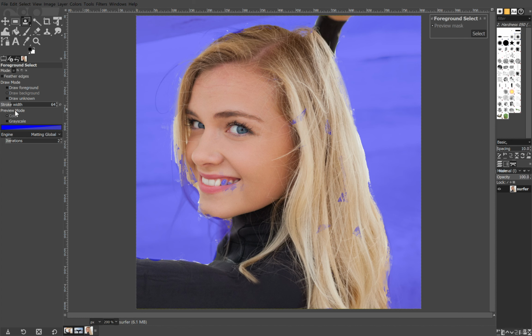Okay, so next thing we've got to do, oh, one of her teeth. That's definitely foreground. I'll try and get most of her chin. And that should be a pretty good selection. I'm just clicking on some of these bits and pieces that are a bit dark because I'm being obsessive, but that's fine. There we go. That should be a pretty good selection. Now that I'm happy, I'm going to, missed that bit. There we go. I'm going to click select, and we've got a reasonably good selection of just the surfer,